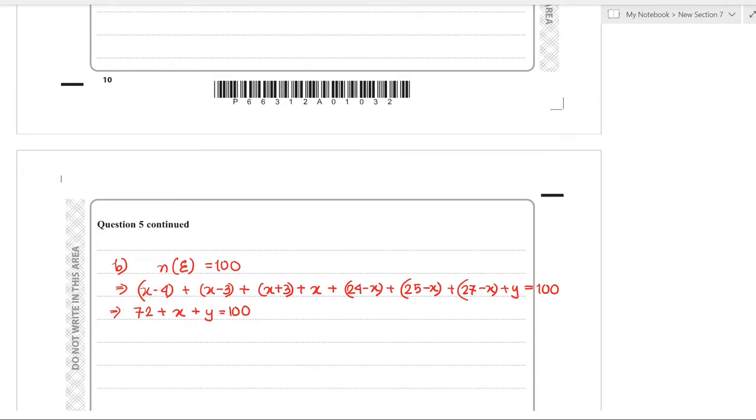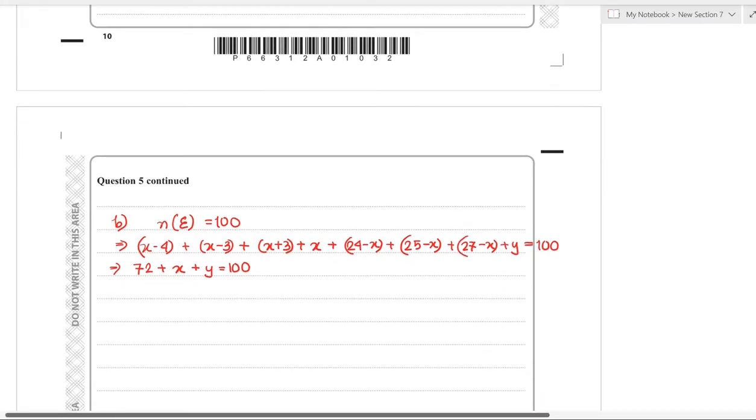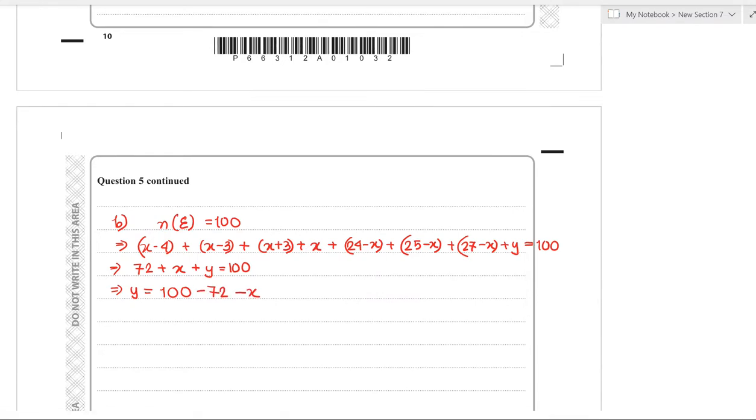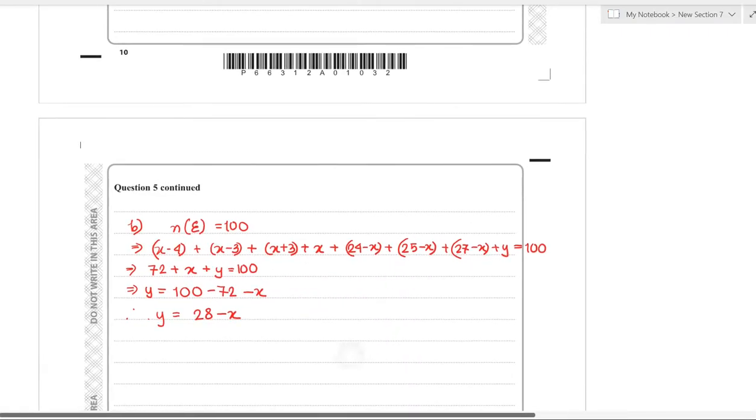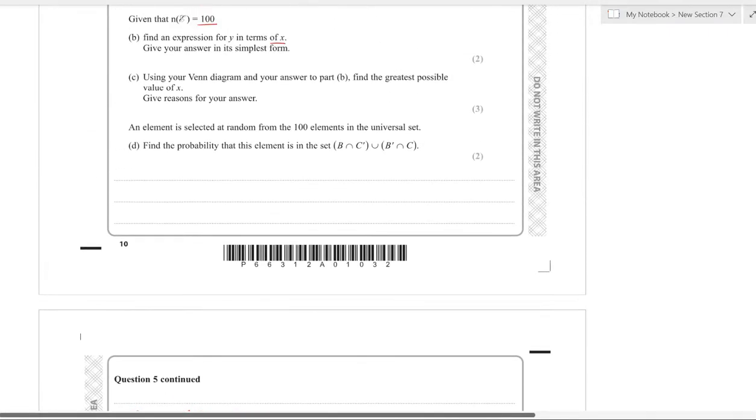Now the question asks you to find the value for Y in terms of X. So shift all the things to the right hand side except for Y. So if you shift all the things to the right hand side, you're going to be left with 100 minus 72 minus X. So the value for Y in terms of X is 28 minus X. So this is the answer for part B. I hope part B was clear enough for you all to understand. Moving to part C,